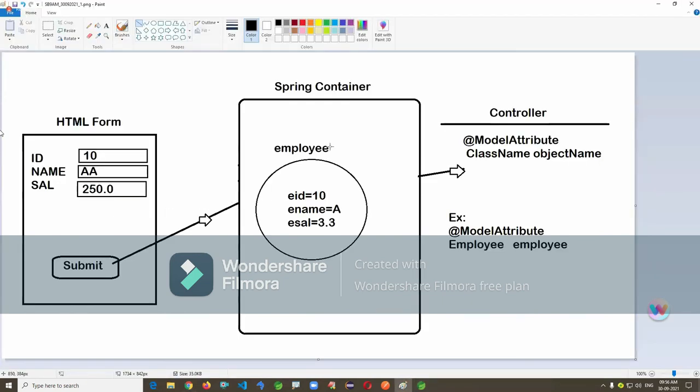When you click on this, the form data is read as an object. The container is actually creating the object. This object we have to read in the code.